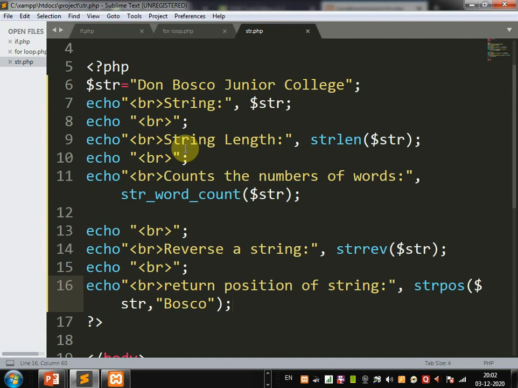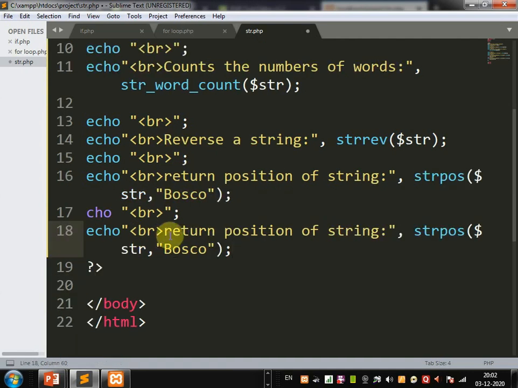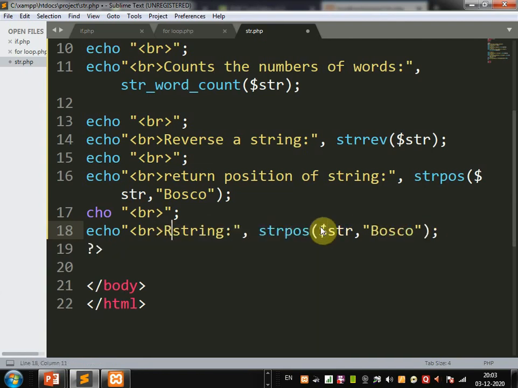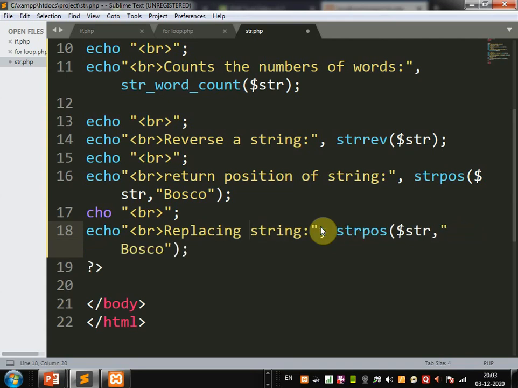The next function we are going to see is replace string. We can replace the word Bosco, or Junior College, or any word from the string with another word. Now I am going to replace the word Don with another word. So in the echo statement you write replacing string.